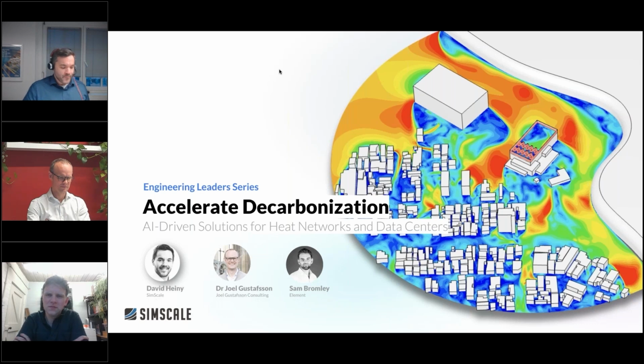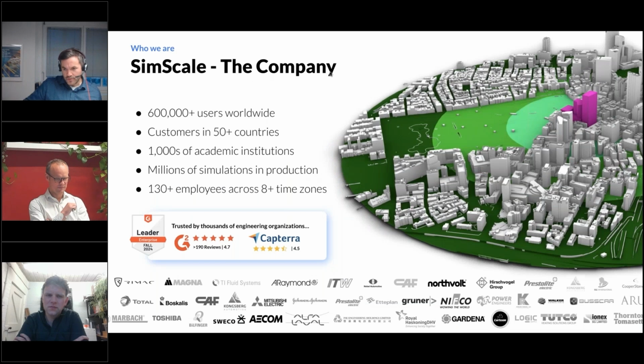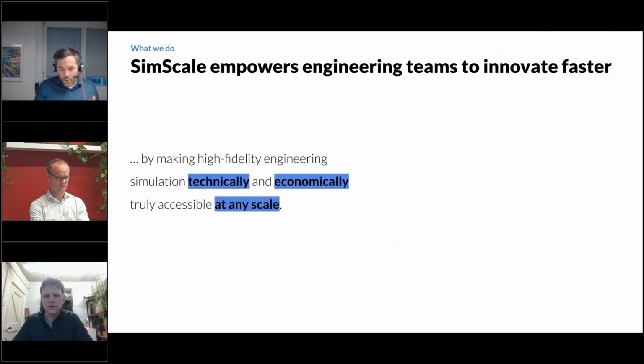But a few words on why we're hosting this today. I think most in the audience know SimScale, some are fresh. So, as a recap, here are a couple of statistics and a couple of customers we work with. These statistics on the left around users, projects, and simulations only convey that in the decades SimScale has been around, we've been fortunate enough to work with thousands of engineering organizations and teams, such as Joel and Sam here today, on their simulation strategy, helping them cut down simulation lead time in order to innovate faster. That's at the core what SimScale is about.